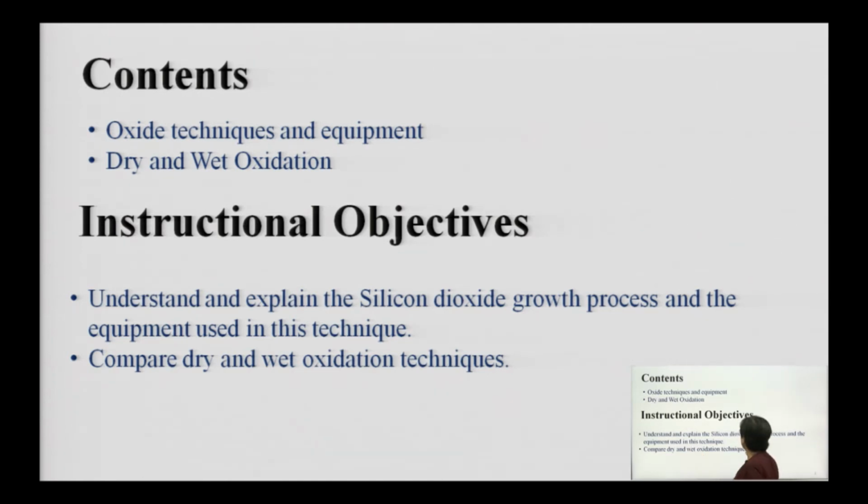the silicon dioxide growth process and the equipment used for this technique, and the features of that equipment. Secondly, I want you to understand the difference between the wet and dry oxidation processes as far as the features of oxide growth are concerned, on aspects of rate of oxide growth and other aspects of the layer being formed. On those parameters, you should be able to compare the two oxide growing techniques, that is, dry and wet oxidation